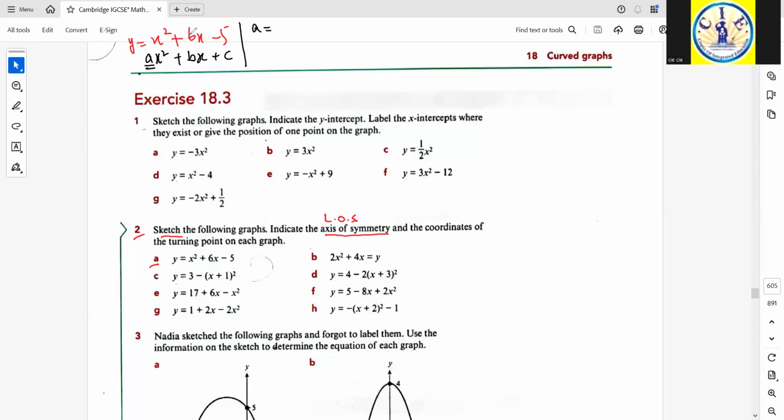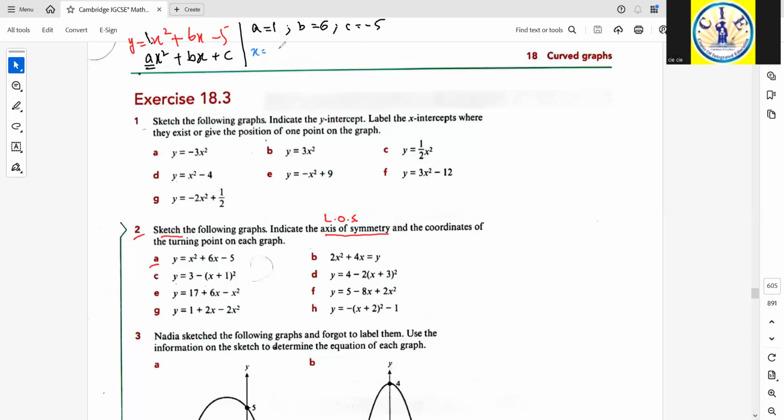So the value of a in this case is 1. The value of b is 6, which is the coefficient of x. Then c, the constant, is -5. So once we are done with this, let's substitute the values in the quadratic formula, which is